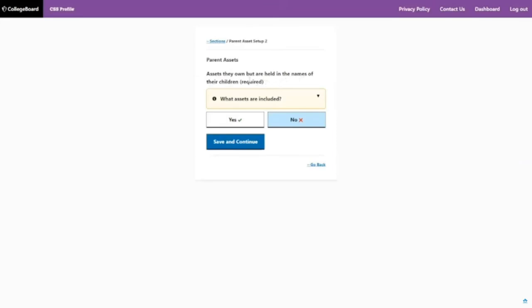names of their children. So what you want to focus on here is, are there any assets that are owned by the parent that you need to disclose here? You're not going to disclose 529s owned by the parent. That's going to come up in the other section. So for most families, this is going to be a no, but you just want to think about, are there